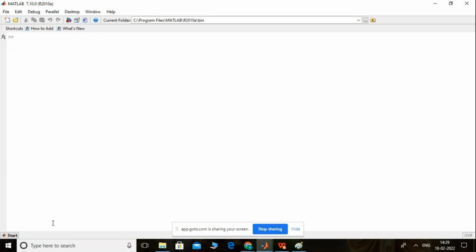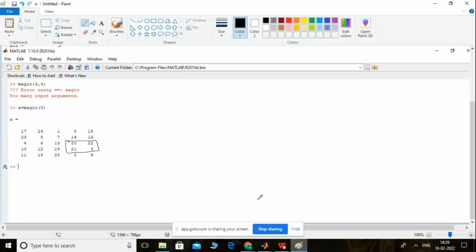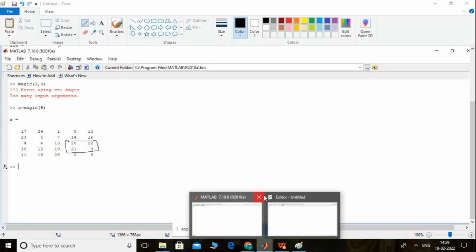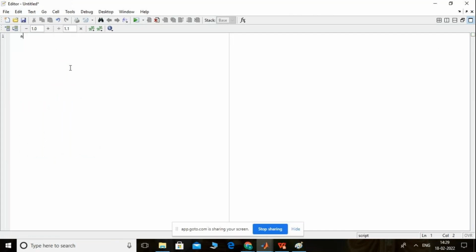Like if we want to print things within a matrix, or if we want to replace a part, we are able to replace it. So the next thing is that we have a matrix A equals